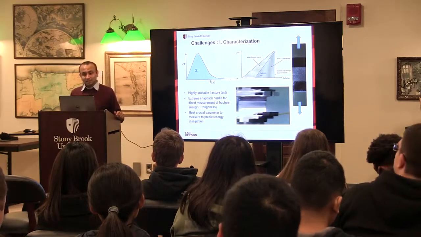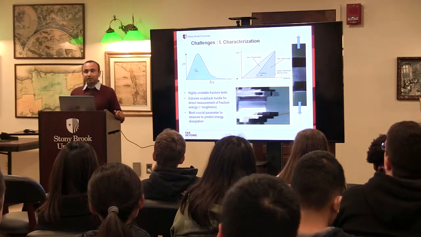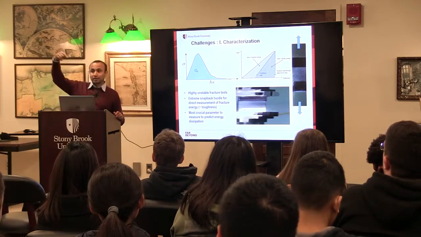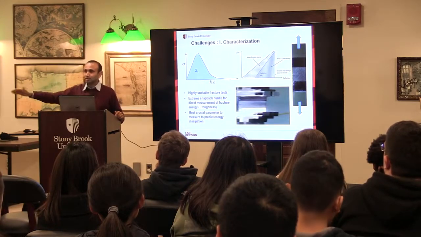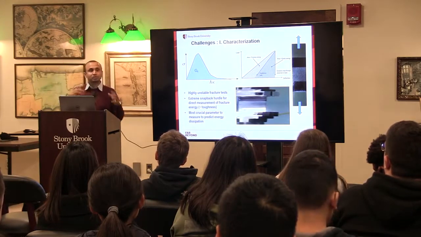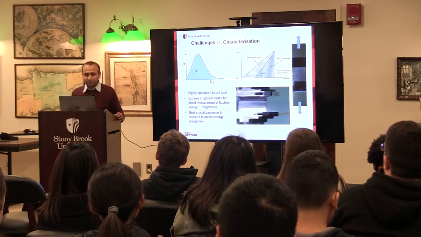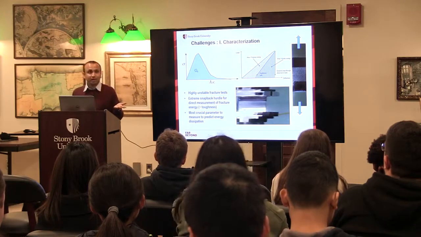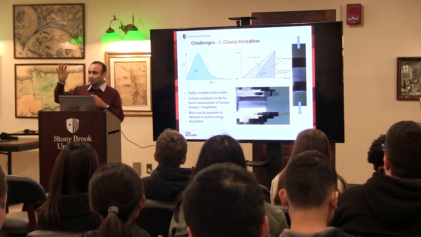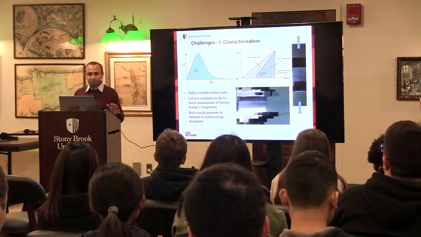For composites, what happens is the equilibrium path actually has a negative slope. It cannot follow this nice, smooth decrease. It goes in the reverse direction because the energy is so high that it cannot do this kind of softening in a stable fashion. And so as soon as the peak is reached, the composite will break.